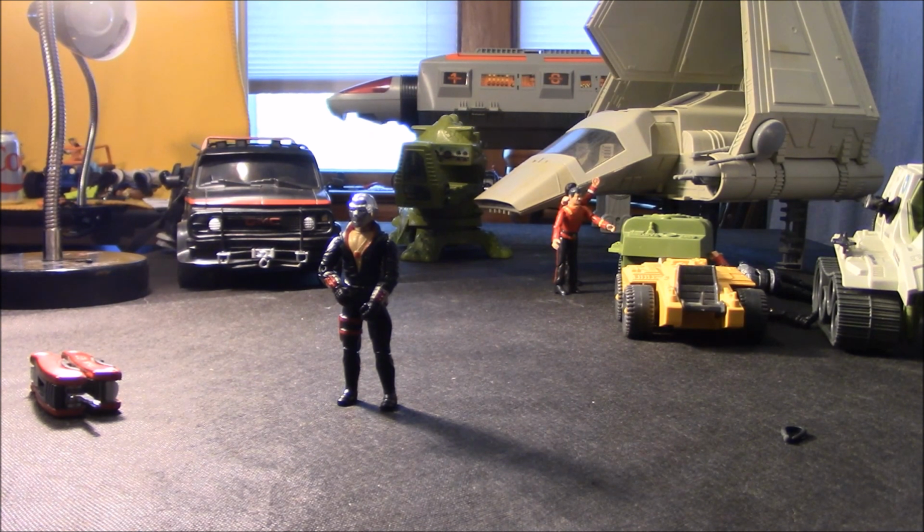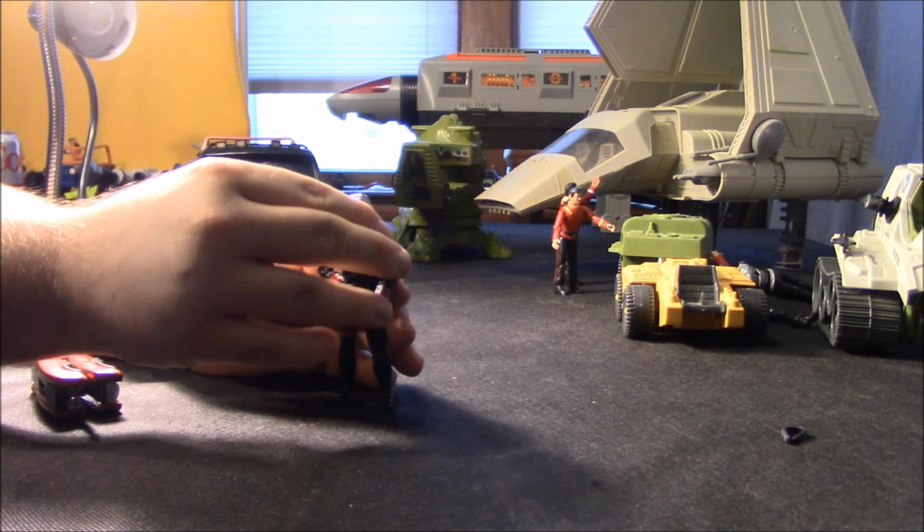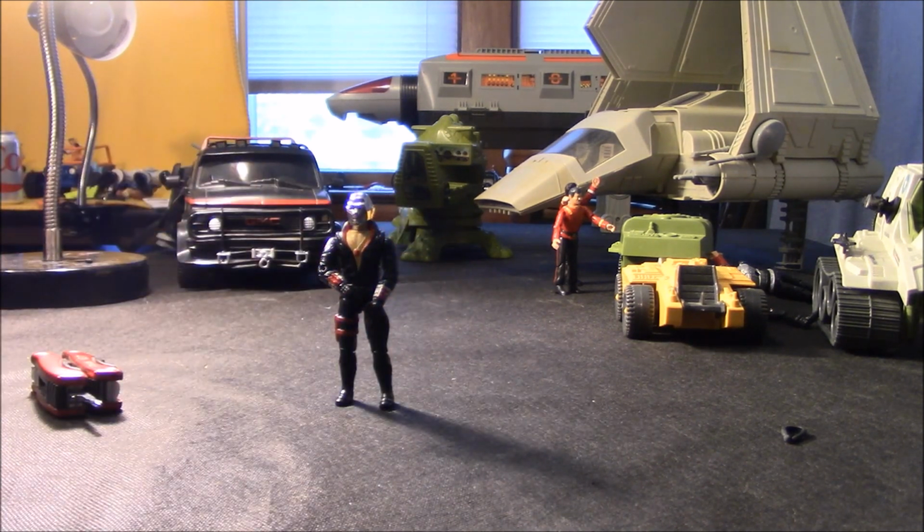Anyway, Destro is repaired. So now he can be nicely posed and stop-motion animated, so I can get back to work